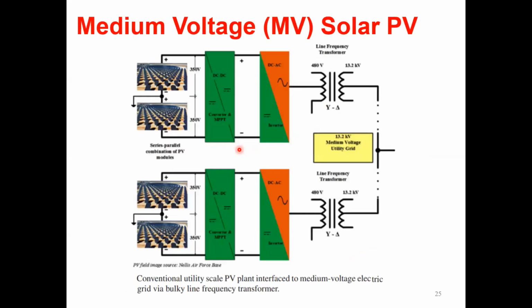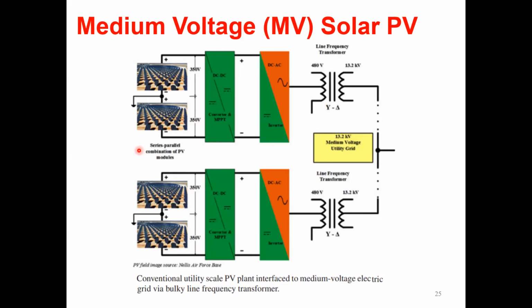So we will come back to that issue and talk a little bit more, but initially, let's discuss some of the applications of solid state transformers in renewable energy. So here, what you see is a traditional medium voltage solar PV plant. I haven't gone through the actual circuit layout of the PV plant at Cochin International Airport, but I'm assuming it will be something similar, because I think that power plant is somewhere more than 10 megawatts,